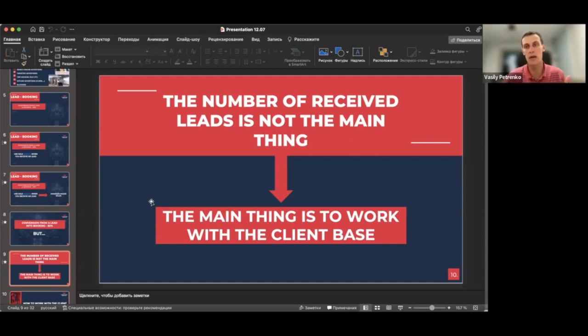And how we work with them means whether he's coming back or not, whether he's booking or not, because he's still a potential client, whether he's happy, whether he's leaving a good review for you, and so on.